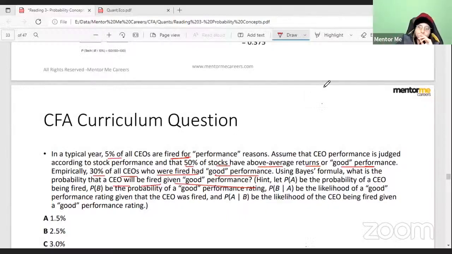This is the question screen. So you can go either with the